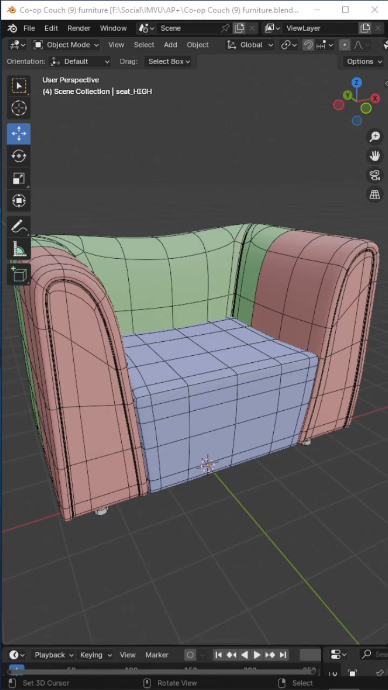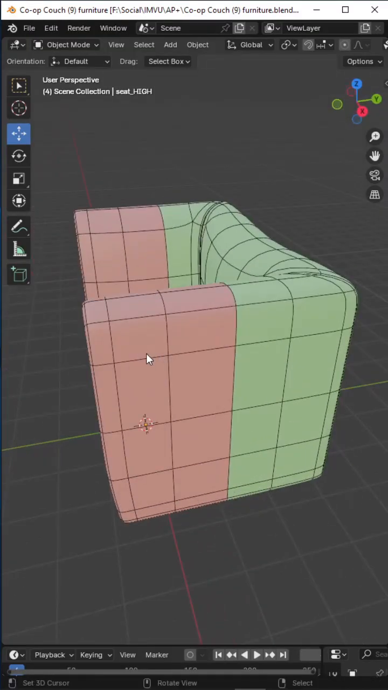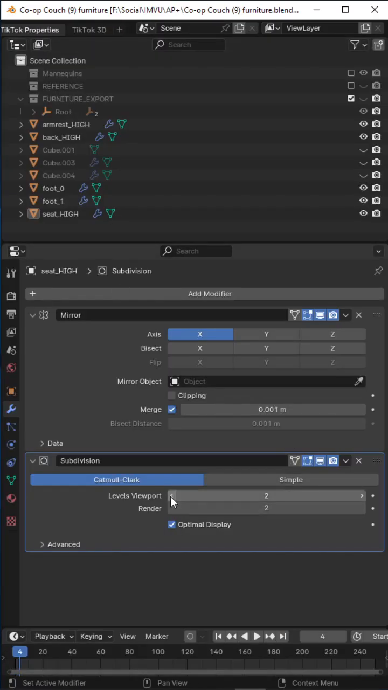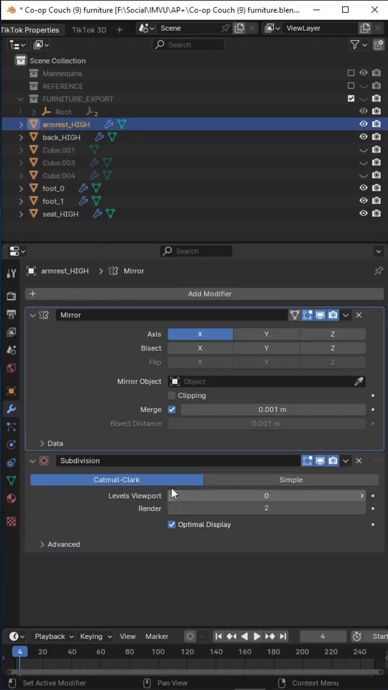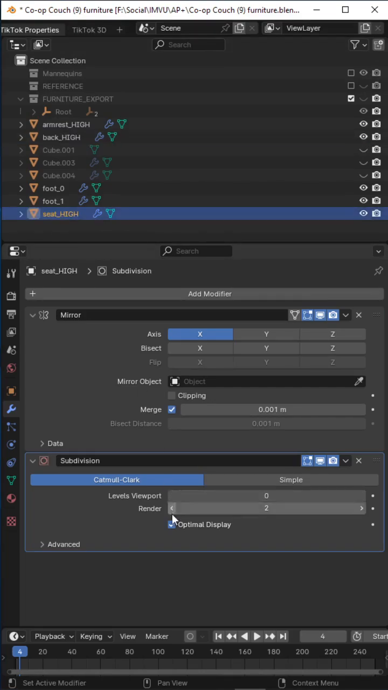So we're continuing this couch settee thing. We've already modeled up the high res from a low res cage, and the next step is to convert this or create properties. Let's just reduce that, armrest. The next step is to generate